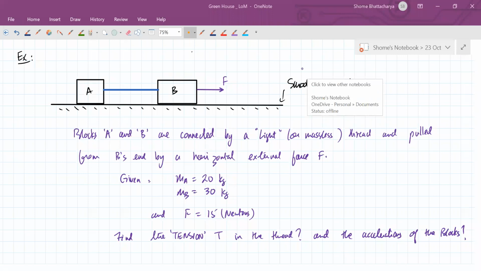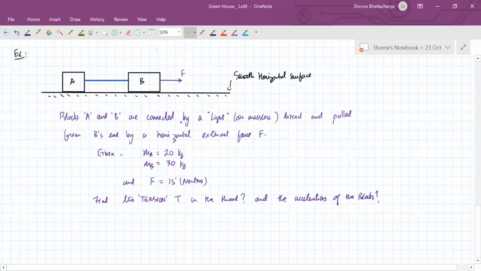So what is happening here? If I was not applying force from this side, then the string in between would be in a loose state because there's nothing pulling the two blocks apart from each other. But the moment I apply force on one of the blocks from this side, even though I'm not applying force on the other one, I'm tending to move the block B without directly affecting the block A. So it will pull on the thread. As it pulls, the thread will become tight. So it will develop tension. So the string has to have tension now.